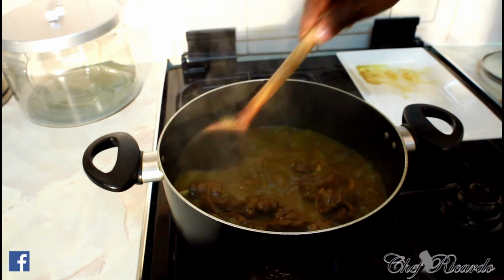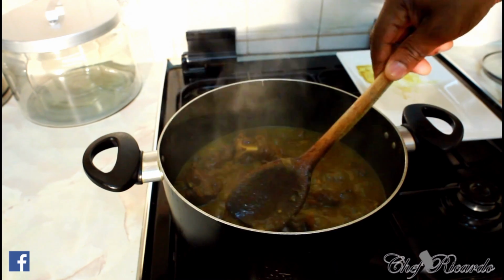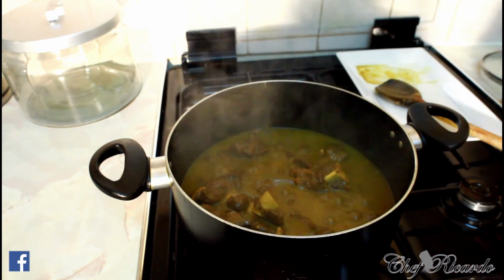you can know when your meat is ready, guys. Look at this. The meat is shaking. That means it is cooked and ready. I don't even have to do anything because I can see that it is ready. So basically what I'm gonna simply do,